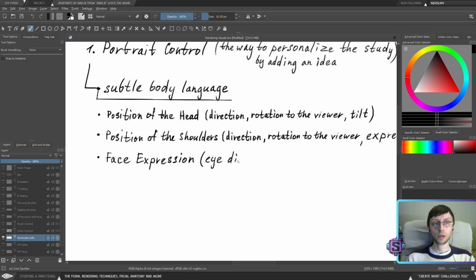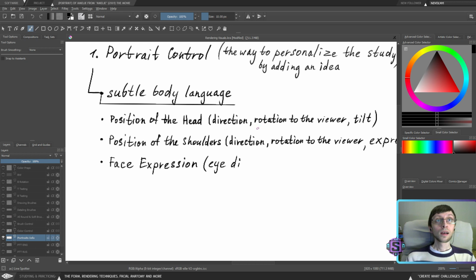You can basically create a completely stiff face that doesn't have any expression in it, but combine the head, shoulders, and expression, create a proper combination with them, which is the fourth way to do that, and achieve crazy results using only the actual eye direction. So for instance this or something like this. Of course, it's not going to be that expressive, maybe, but we'll figure that out on the go. Eye direction.